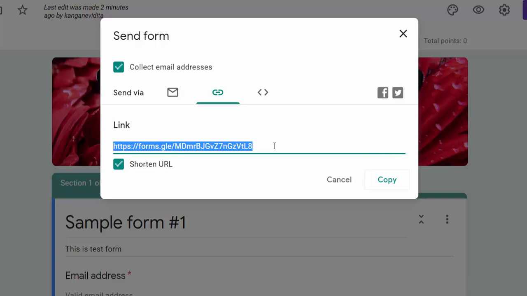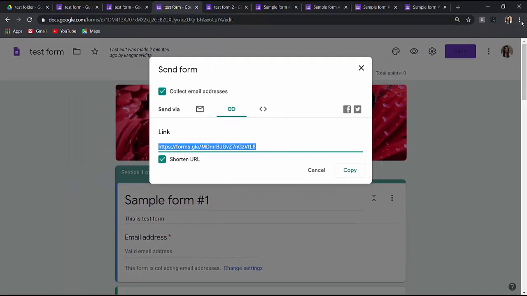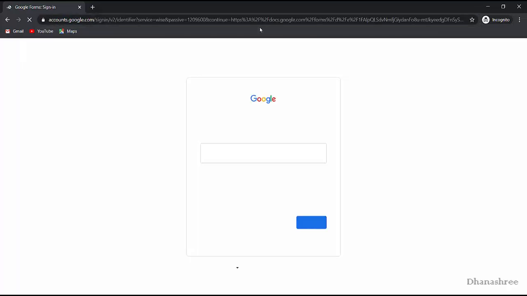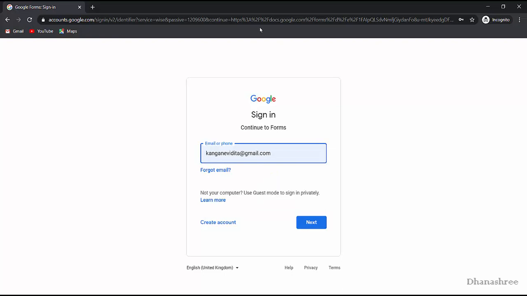Just copy, either say copy from here or Control C, and open. It will ask for an email ID because we have set it for validation.